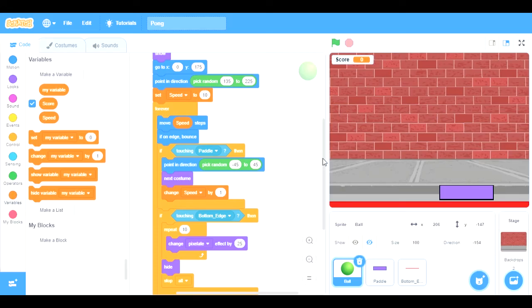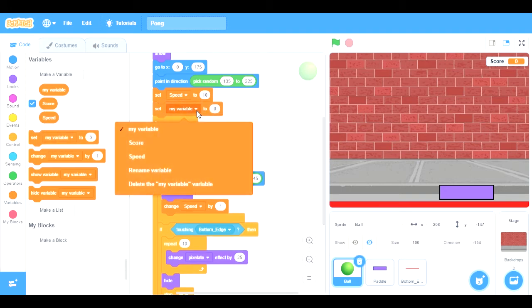We'll hit OK. That score variable will show up in the corner, and you can move that variable anywhere you like. If you don't like it in the left corner and you want it in the center, put it there. If you want it on the right, you can put it over there. It doesn't really matter where you put that particular variable. So we've got the score variable, and of course, every time you start the game, you want that score variable to start at 0. So we'll just bring a